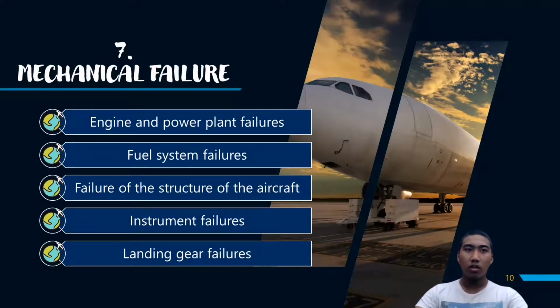For the second thing, fuel system failures. The power plant is the part of the aircraft engine that converts air into thrust. Some airplanes use a piston engine or turboprop in conjunction with a propeller to generate thrust, while jets use turbine engines. When the power plant stops working, the engines of the aircraft may fail.